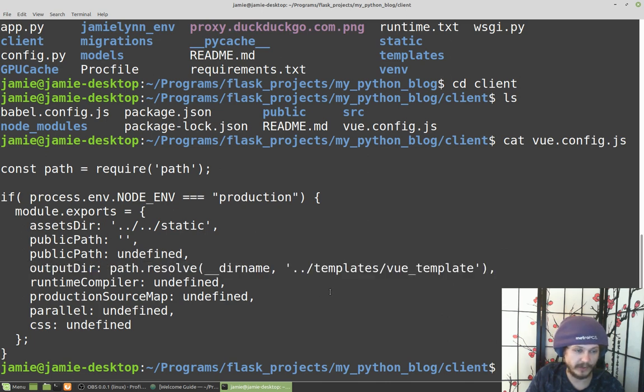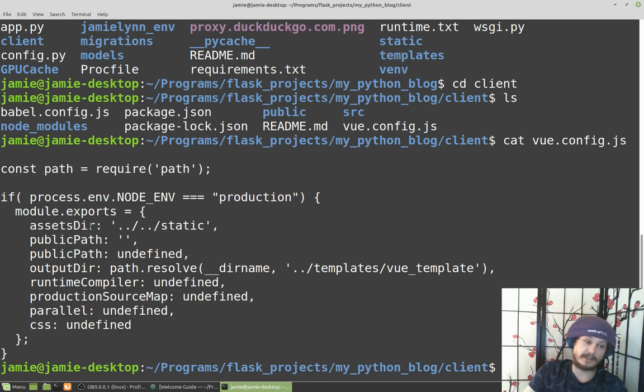Now for your assets directory right here, this is where your CSS and JavaScript are going to go. You do not have to worry about it overwriting any files in there. I don't know why the Vue CLI, when it builds your project, overwrites files for your index.html. I don't know why it does that. Maybe because there's only supposed to be one HTML file in there because you're just building a Vue project. Maybe it assumes that you're going to have extra CSS and JavaScript in there. But anyway,